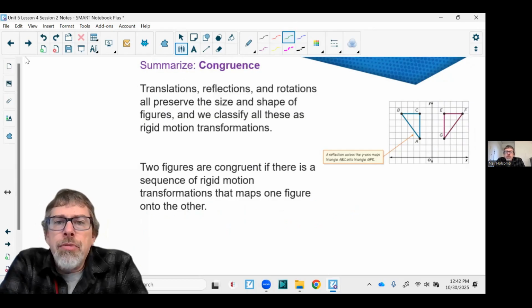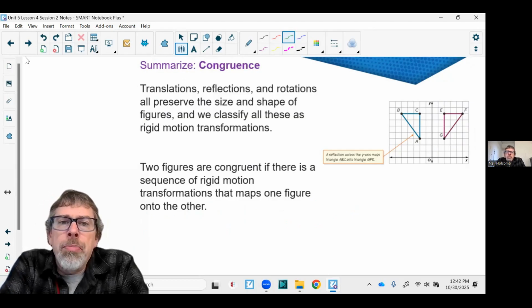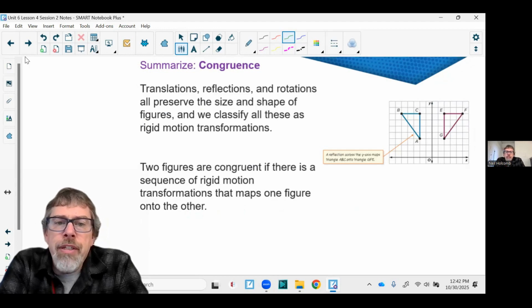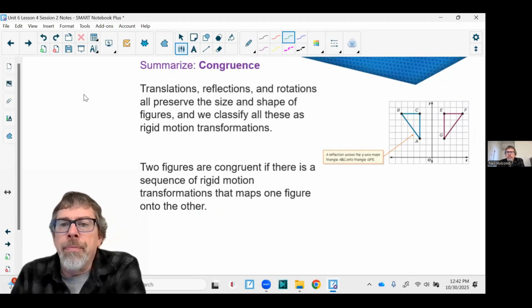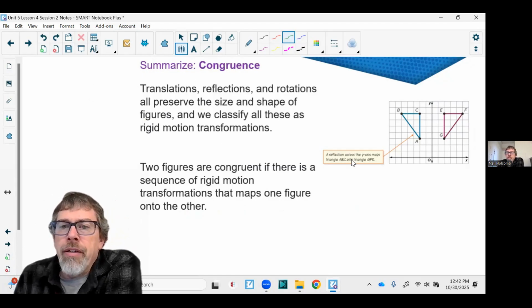Okay, translations, reflections, and rotations all preserve the size and shape of figures, and we classify all these as rigid motion transformations. 2 figures are congruent if there is a sequence of rigid motion transformations that maps one figure onto the other. So if we reflect,